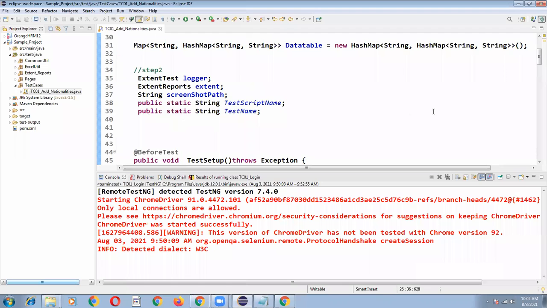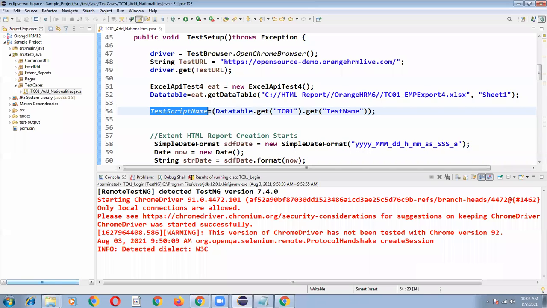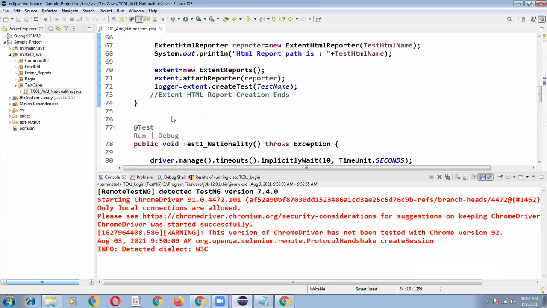You don't know what value is coming, so you can keep the breakpoint here. If you want to know the test script name value, in line number 62 you want to know what the name is, in line number 63 also, and in 64 say you want to know what this value is.